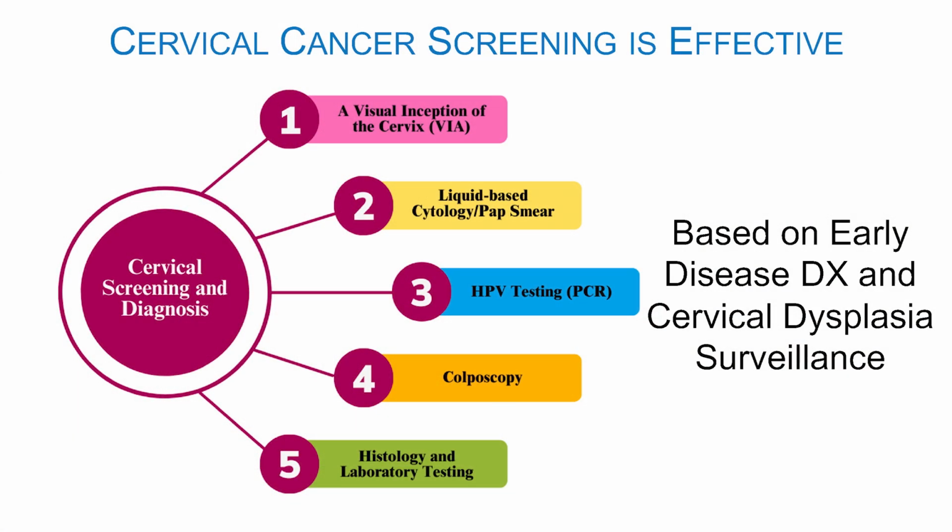Now, looking more specifically at cervical cancer screening, it begins with a visual inspection of the cervix, and then steps 2, 3, and 4 happen before histology. And that's key. This involves liquid-based cytology, HPV testing, and colposcopy. And these are 3 steps involved in the escalation of the diagnosis before the histology and the scalpel collection of